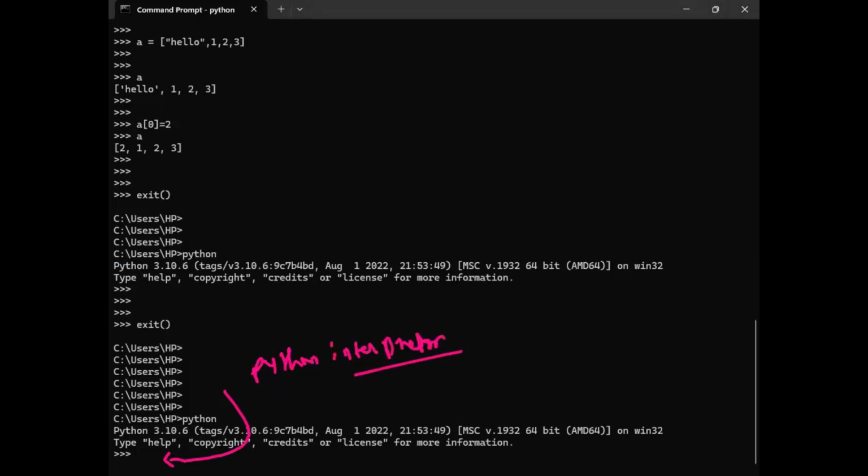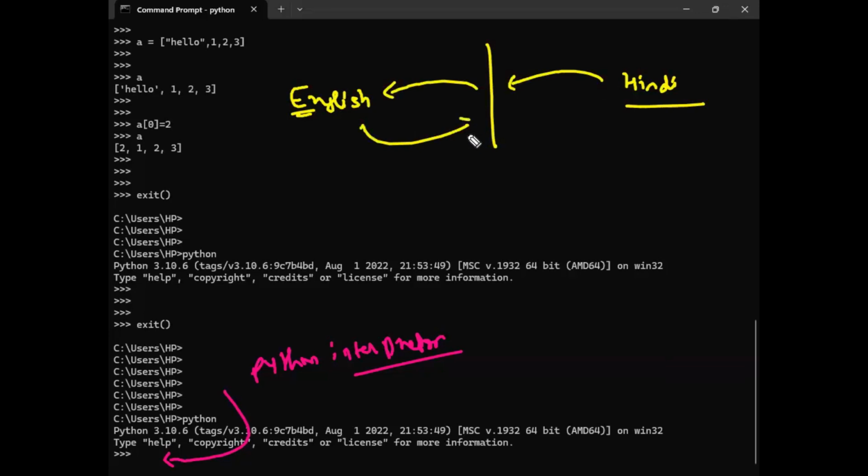What is an interpreter? An interpreter is a middleman. Let us say Jacob is speaking English and I can speak Hindi. If I deliver this class in Hindi, Jacob will not be able to understand. So there should be a person who converts this Hindi to English, and when Jacob is saying something, he converts it to Hindi for me. Only then can we speak. This middleman who is acting between us is named an interpreter, or a compiler in the case of other languages. These are the two names.